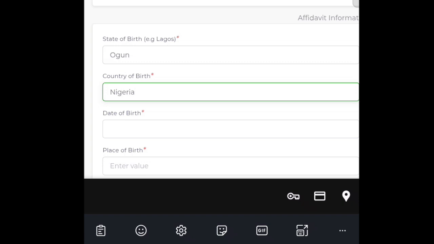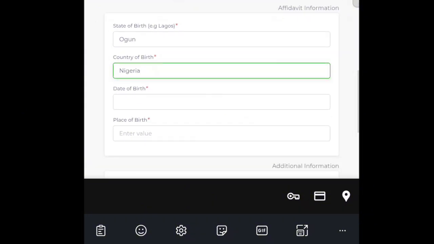This is why I said the original date of birth that you are filling at the beginning is actually not really important, because if you are doing the affidavit for correction of date of birth, it's still going to require the original date of birth that you want on your affidavit. And please kindly note that if you are doing this affidavit for your correction of date of birth that you are going to use on the NIMC self-service modification portal,